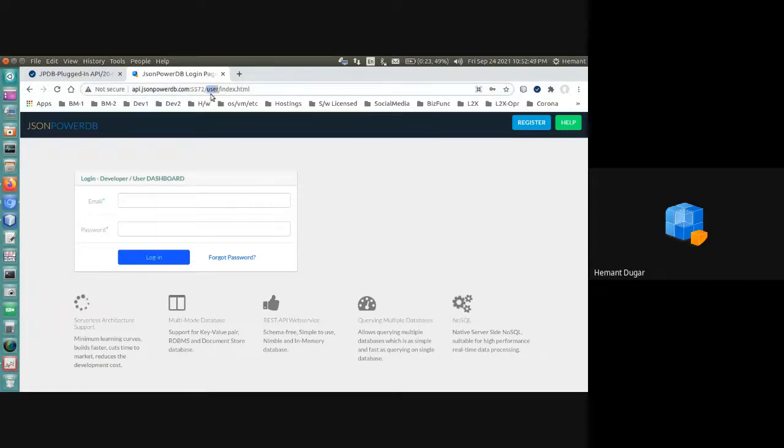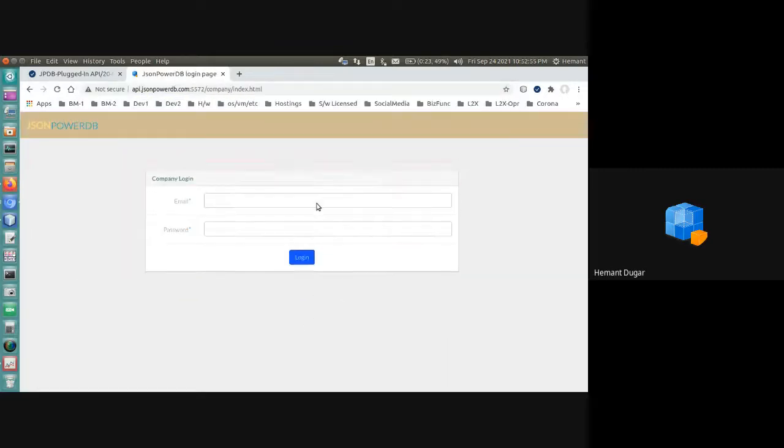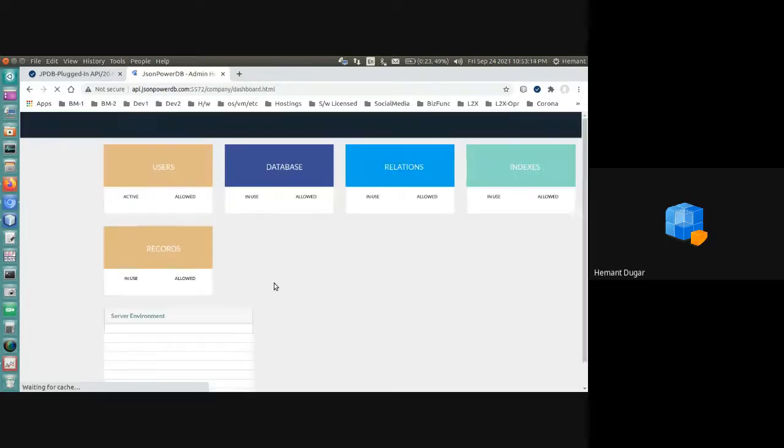So like a user dashboard, there is a company dashboard. So the company that purchased the JSON Power DB will have the right to go inside the company dashboard. And all the developers working in that company can only use the user dashboard.